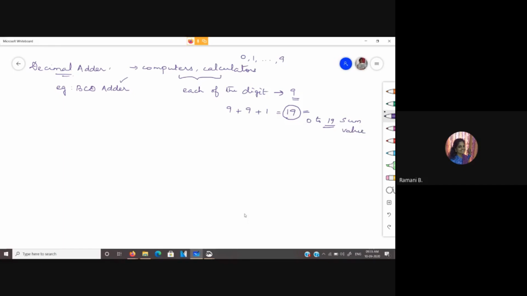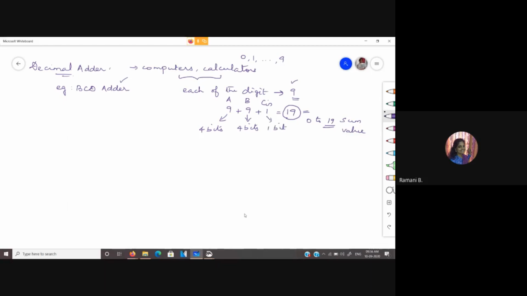So here, as I mentioned, each digit takes 9 as the maximum number. If you are going to represent this in binary, this is going to have 4 bits. Let us take the numbers to be A and B. Let this be the input carry. Each of A and B is going to have 4 bits, and the carry is going to have 1 bit.